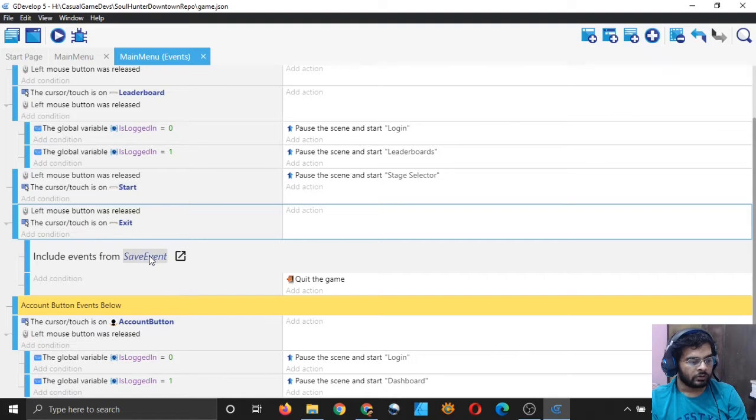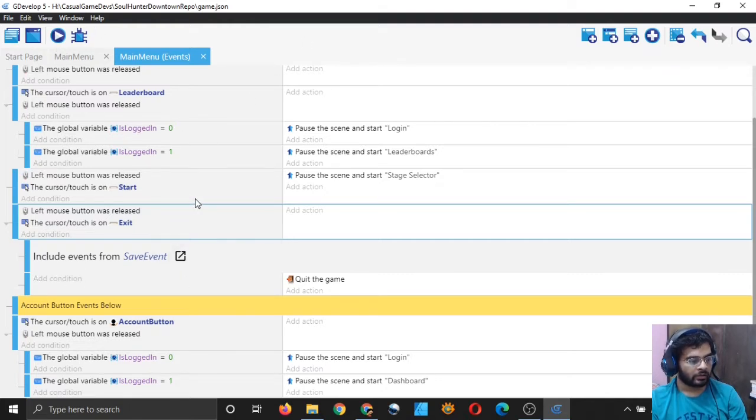So between saving and quitting the game, I want to save the game on the cloud also, which means that I will send all my important global variables to my server, and then there they will be stored in the database, right? And when I load the game, I will pull the values from the server if the user is logged in, right? So yeah, that should be done. You will do this.